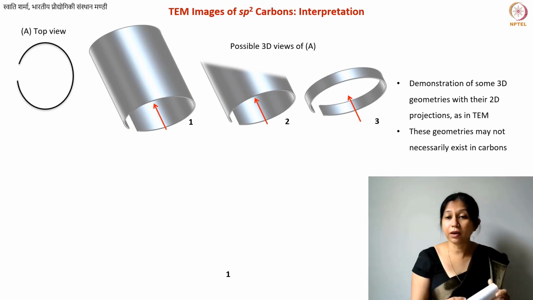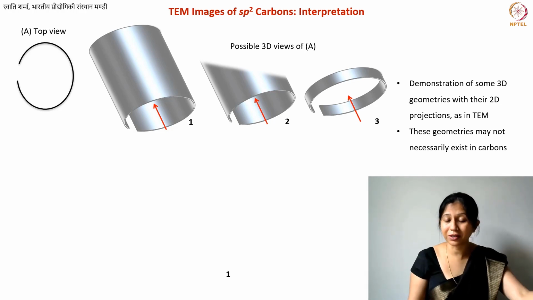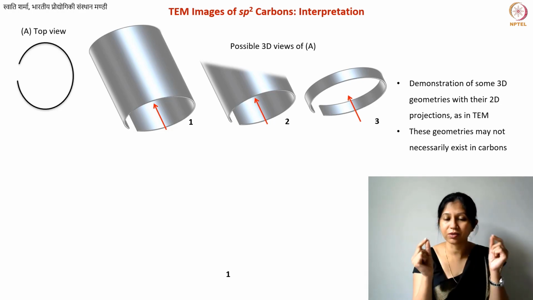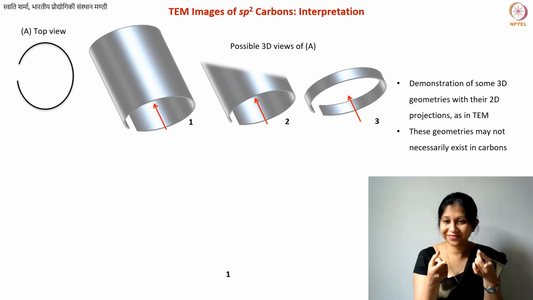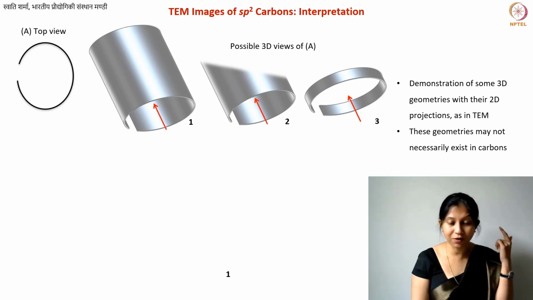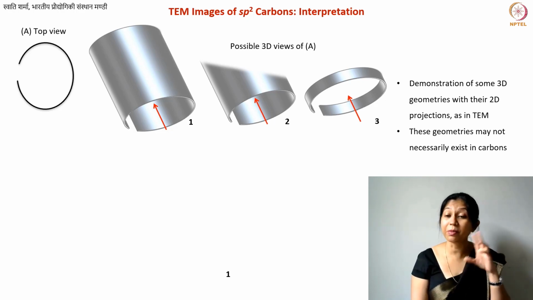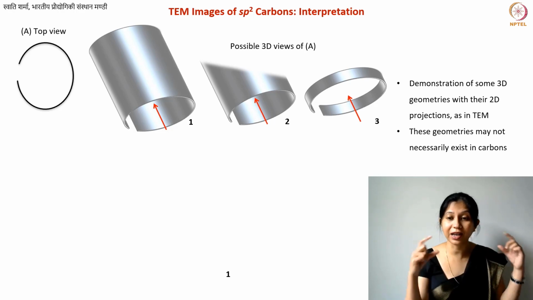Okay, and the third one can also look more like this annular structure, more like a very thin ribbon-like structure. Why am I describing this ribbon-like structure? Because this has caused confusion. If you remember some of the microstructural models of non-graphitizing carbons, especially glassy carbon, they suggest that you have ring-like geometries, ribbon-like geometries, long ribbon-like geometries.